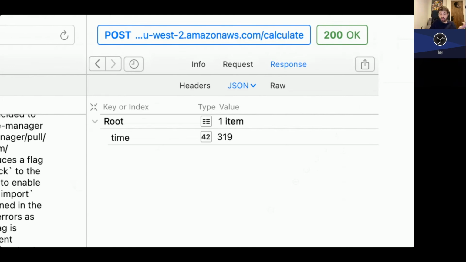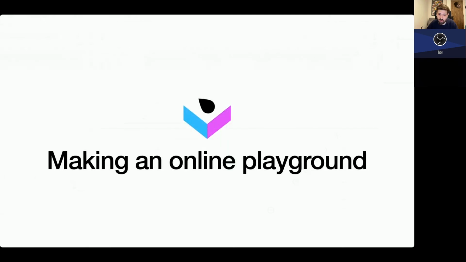So yeah, we've got it in the server. But I didn't want to really stop there, and I wanted to make something that didn't require an internet connection, but was very, very easy to set up and play with. So I decided to make a little online playground. And I went ahead and did it with Swift as well. I used two libraries, one called Vapor, which allows you to create little servers, and one called Plot, which lets you write HTML using Swift.